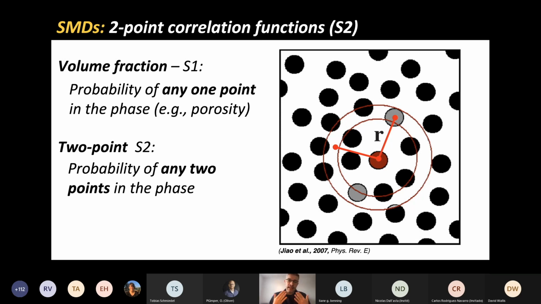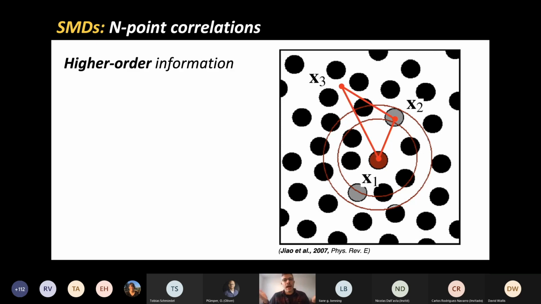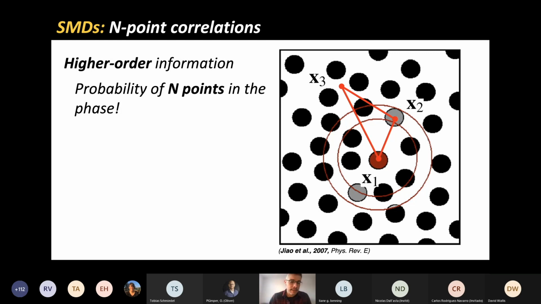So the important idea of going from a 1-point correlation function, volume fraction, to any number of points is that as soon as you go from one to more points, you're relating the geometry of the medium at distance. When you relate the geometry of the medium at a distance, you begin to describe the complex structures in random materials. Of course, you can generalize this. You can go, well, I want really high order information. I have a very complex material that has orders of correlation at different length scales. So I'd like to accommodate that. And you can generate, in principle, whatever you'd like. You could think, oh, any number of points I would like to include in this probability story.